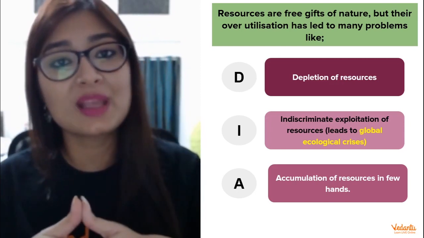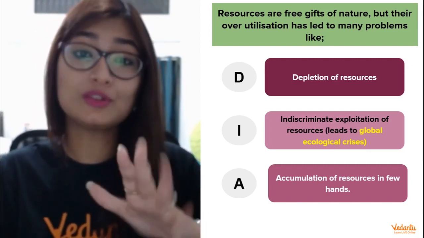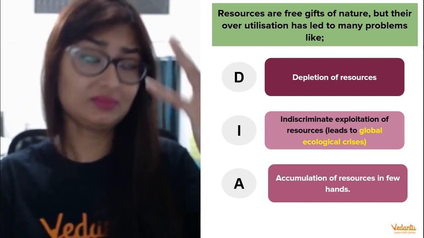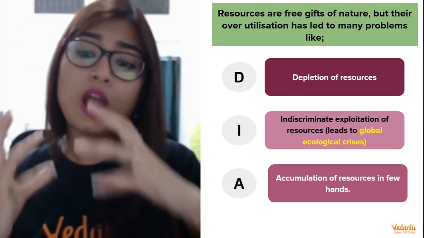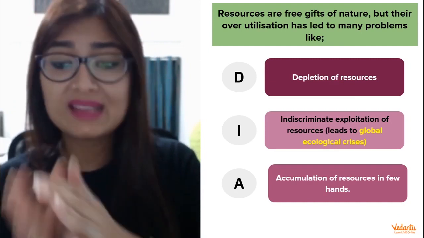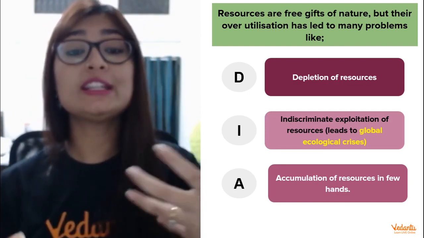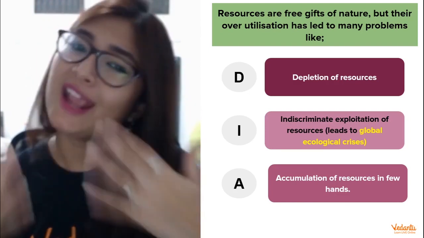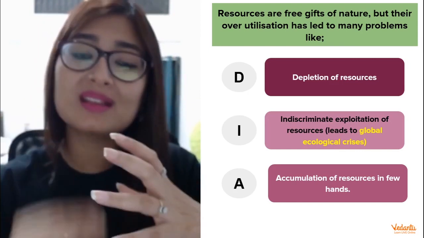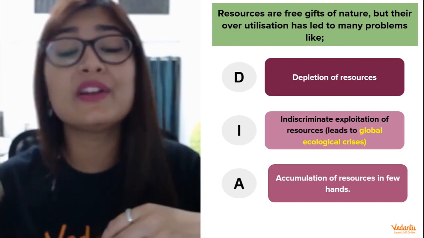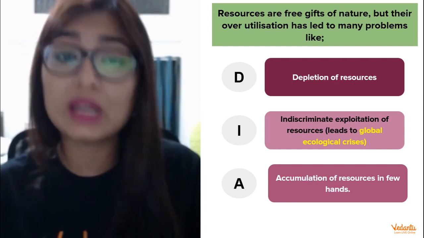How much will you take from something? It has to stop at a point, because you're not giving it back, and it takes millions and millions of years to form it. So as I told you, as a result of this, there's a depletion of resources. Then of course we are exploiting these resources indiscriminately. There is no stopping us, which is further leading to other issues. Excess of anything is bad, beta. No matter what it is, if you continuously use it in excess, it has to have a bad result. And the same thing is happening with the exploitation of resources, which we are doing indiscriminately.